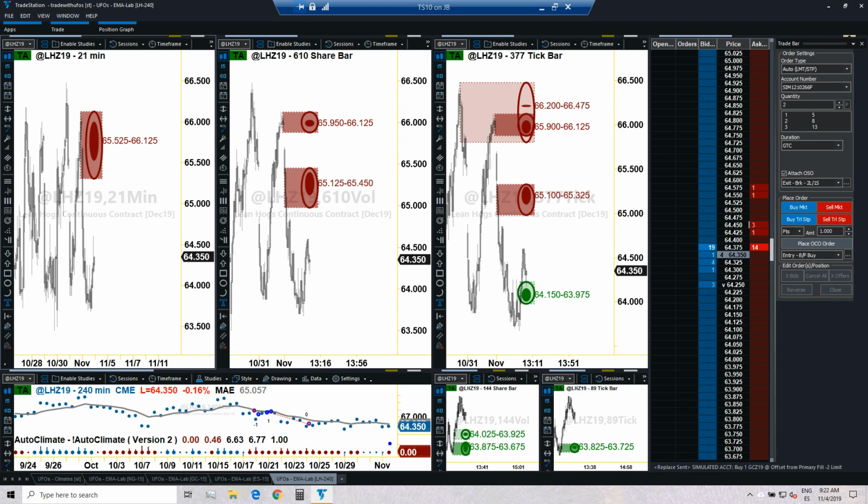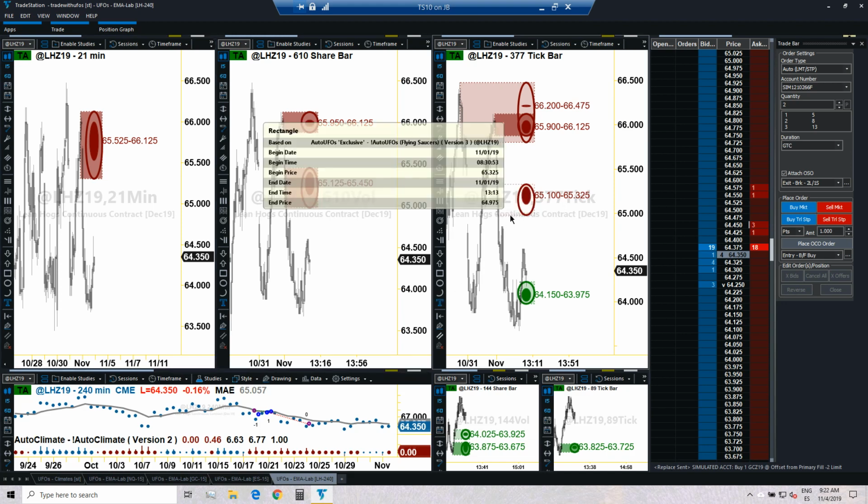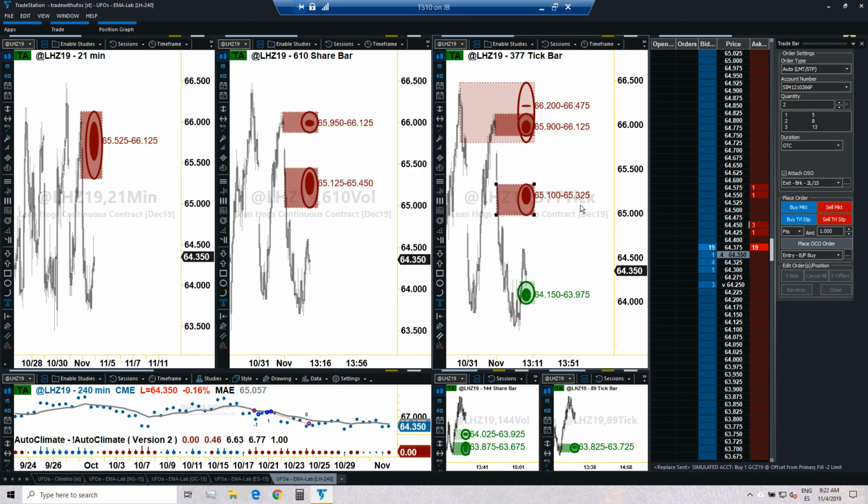Climate is defined, ruby color, and one candle into the climate is supposed to be 6 to 7, so it's a good time to enter the trade. Average price 65.05. So what do we have around 65.05? Around 65.05, we have this one, I would say. So yes, 64.97 to 65.32 certainly envelopes the price of 65.05. So that UFO is valid.